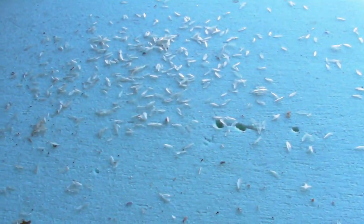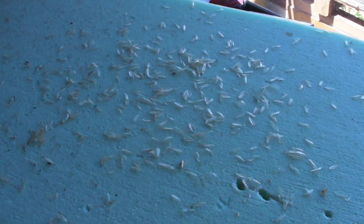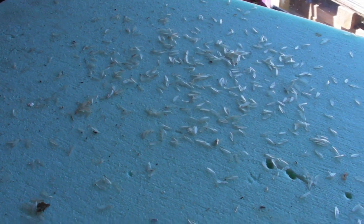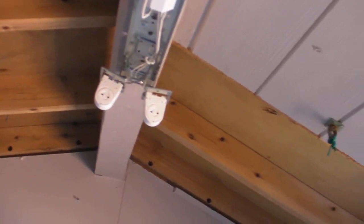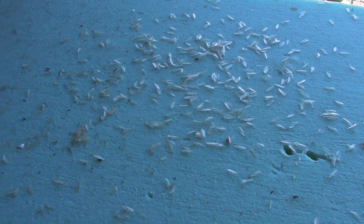I think we might have termites or white ants. See all these things here? These are the wings of white ants after they've fallen off the white ants. And I was sitting in my office here, and from the ceiling, like sakura, cherry blossom or snow, gradually more and more white ants' wings fell down onto my chair here, which is